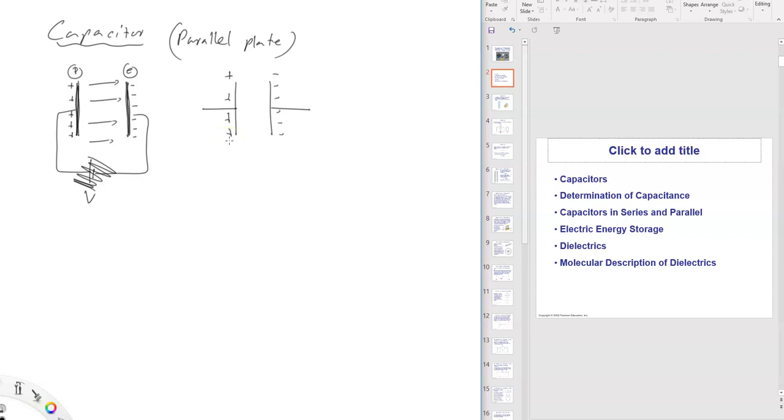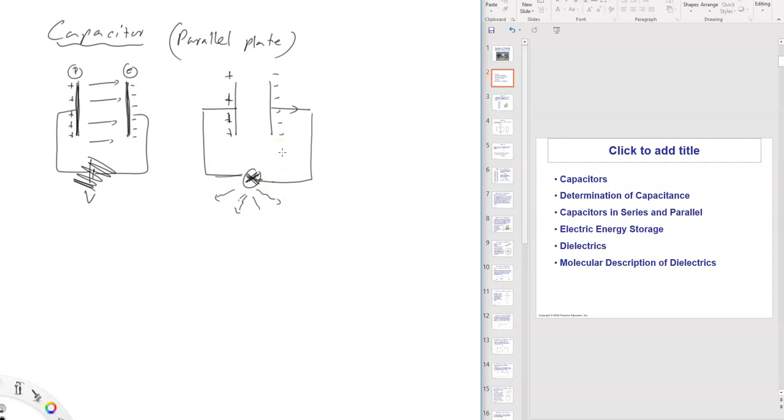This thing acts like a battery. You connect this to a light bulb. These electrons can recombine, go from this side, go through the light bulb, come to the other side, reconnect with these protons and become neutralized. In that process, we can get some light out of this thing. It is like connecting this bulb to a battery, right? So a charged capacitor acts like a battery.